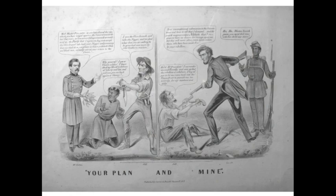Again, another Currier and Ives cartoon. This is pro-Lincoln, as opposed to the Running the Machine. And I think this is another extraordinary cartoon worthy of a lot of attention. This is "Your Plan and Mine." It's got McClellan offering an olive leaf to the South, referring to the platform, and Jefferson Davis with